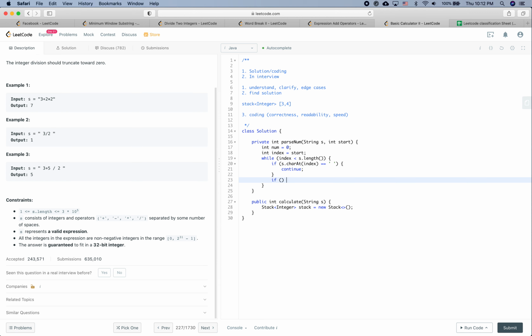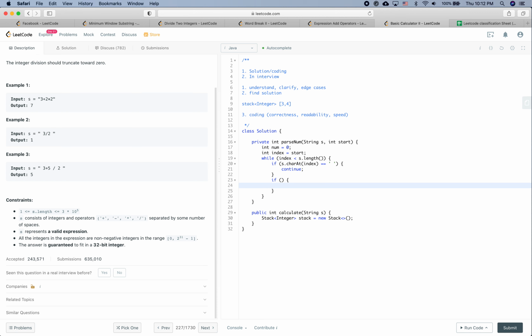Otherwise, if it is a number, if Integer dot